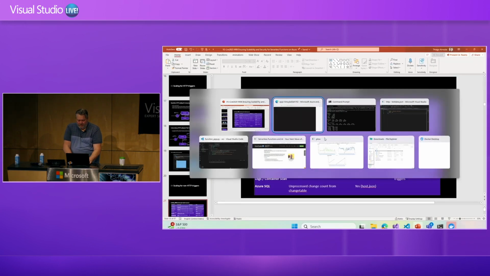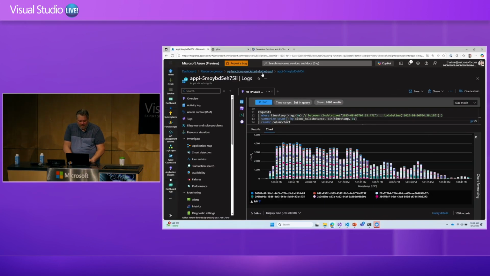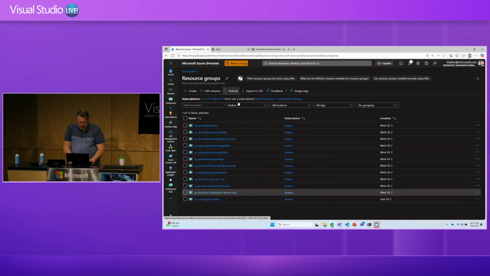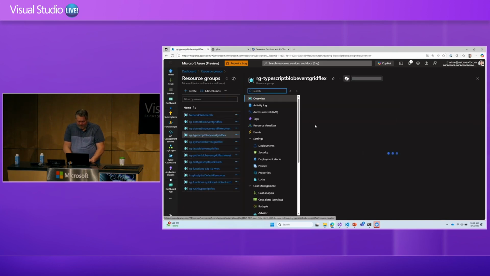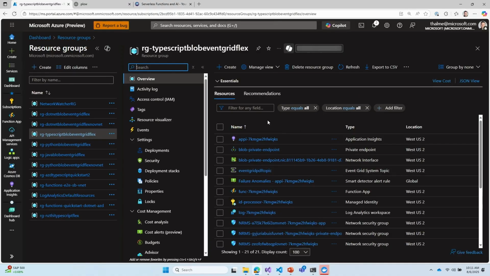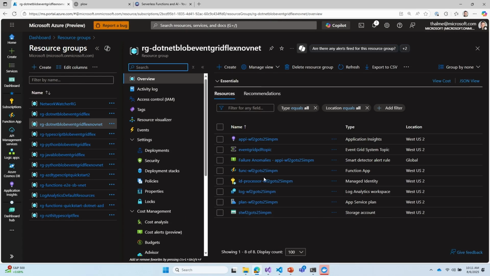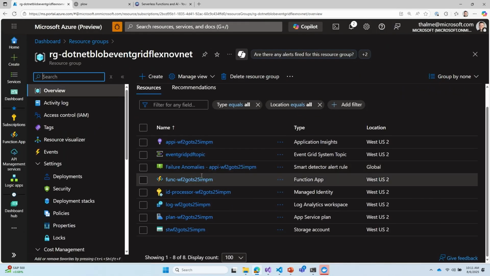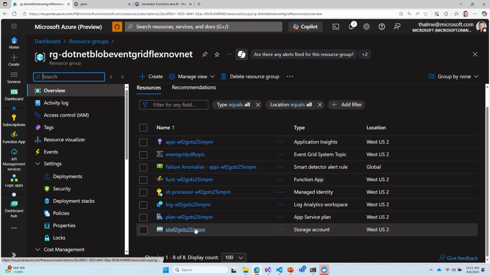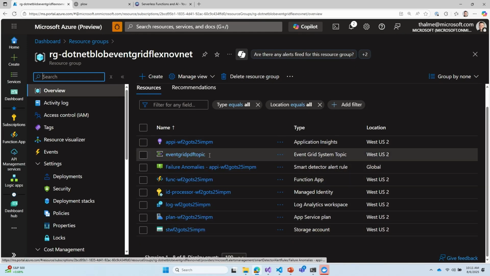So just as a quick look here, I wasn't planning to show this one, but if you look at an event blob triggered function, let me see this one with no VNet. So I have my function app. Let me zoom in a little. I have my storage account that it is triggering from, but then I have an Event Grid topic.